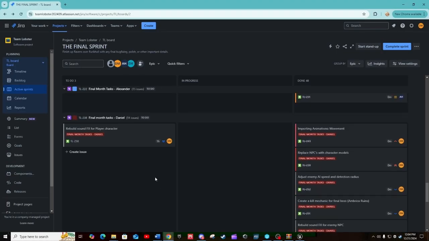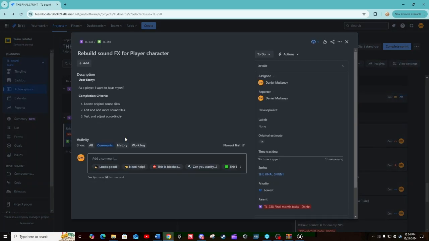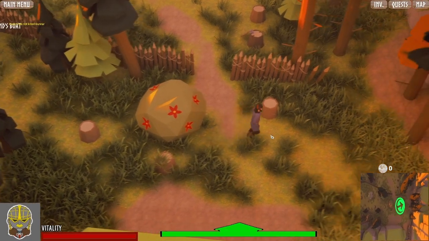So as for tasks that didn't get completed because they were lower on the spectrum, and plus we also kind of ran out of time: rebuild sound effects for player character. As a player, I want to hear myself. Locate original sound files, edit and add more sound files, test and adjust accordingly. So the player itself